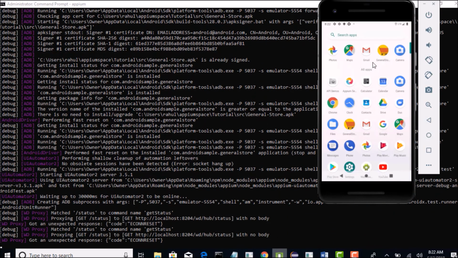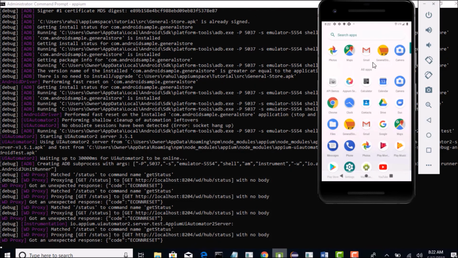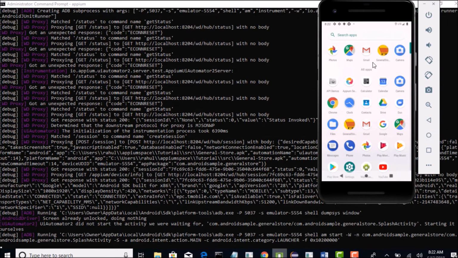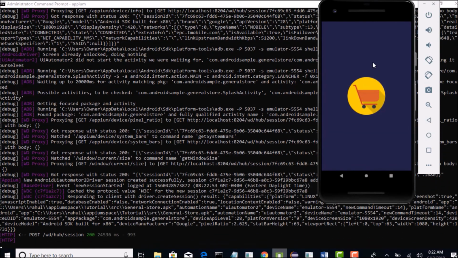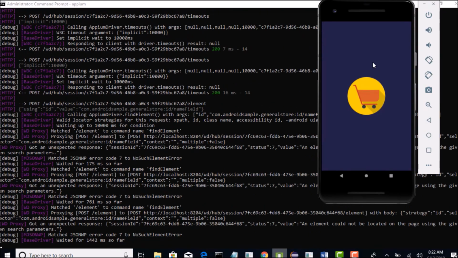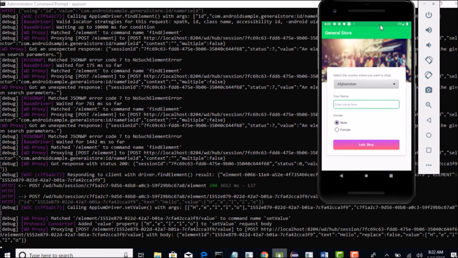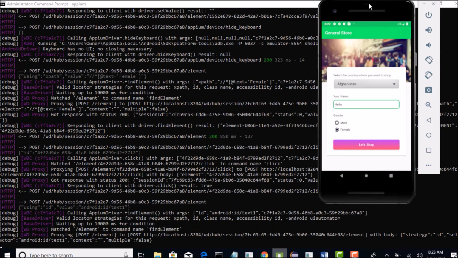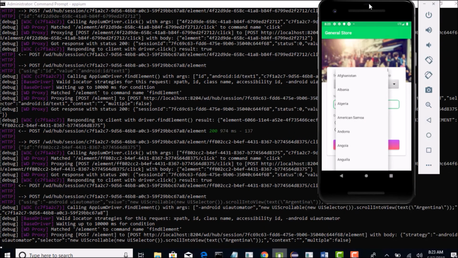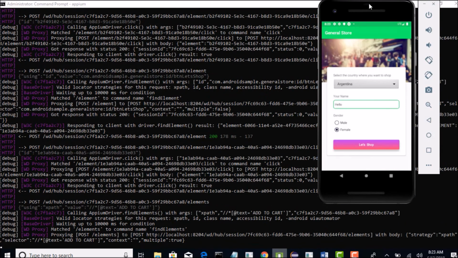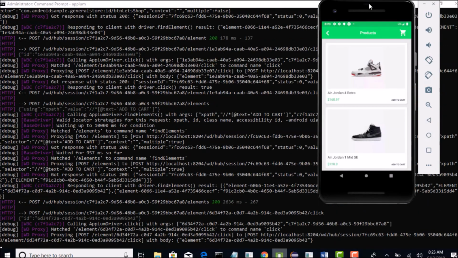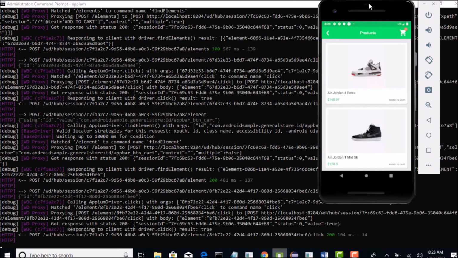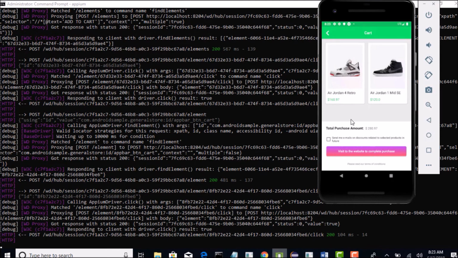These have some tricky things like scrolling, adding to carts, summing up the total. So you will get enough confidence that you can automate any app.